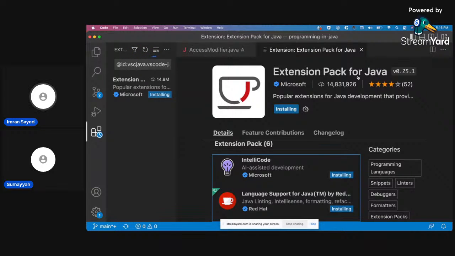I believe this must be the extension, right? It's automatically suggested. Yeah. Okay. Just downloading.